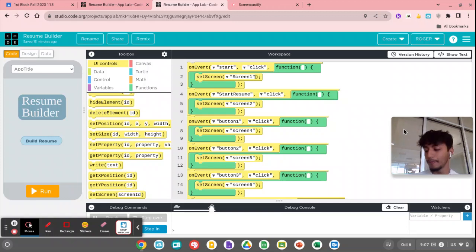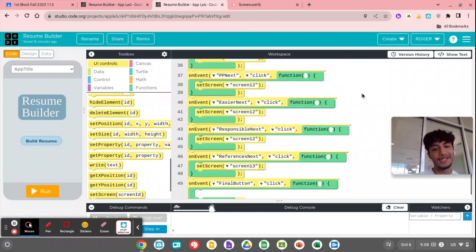My app is really just trying to help people get over that speed bump of creating a resume before they get a job and before they get to college, because I know it can be a little off-putting and it kind of makes people not want to apply to places because they don't know how to make a resume. So the coding language and the website that I use here is code.org.